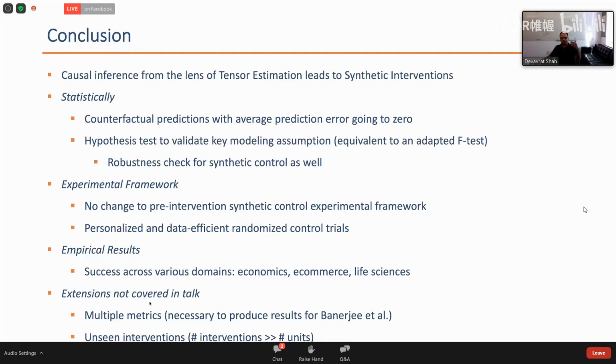Some of these things I primarily focused on a single metric, where there's only one measurement, but actually you have multiple measurements rather than one. And that just leads to a higher order tensor, and that naturally generalizes it. There's also, right now we are talking about interventions where we think of intervention 1, 2, or 3, but if interventions have covariates, we could use them to generalize for when interventions are much, much larger than units. So there are all sorts of natural extensions that one can think about, and that can be carried out in a natural manner. All right, so with that, I don't want to overstay my welcome here, and sorry for going over by 4 minutes. Let me pause and see if there are questions.